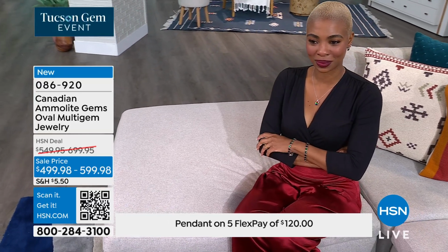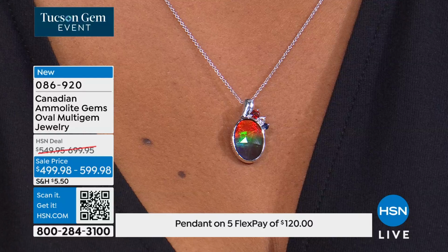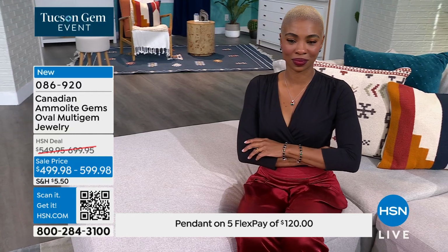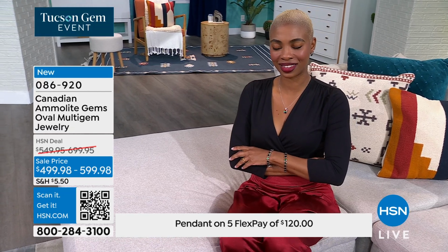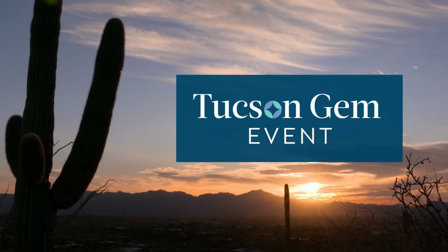This is not something you find at the corner jewelry store. Oh, look at this. Each pendant gemstone is unique and as individual as the person wearing it. And can I also add that all the colored stones we're using, we're not going to settle for anything but the finest of those colored stones to go with the finest of the Ammolite. So it's all top quality. Now look again, ladies, and I know the neckline, a lot of ladies neglect it. They neglect it because they don't get to see it, but the whole world does. So please consider, even take advantage of your